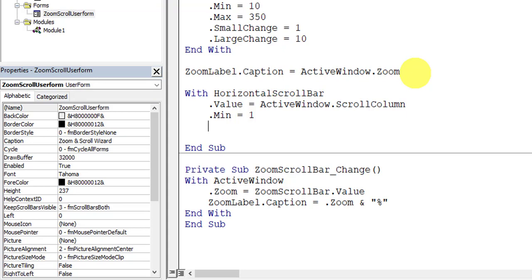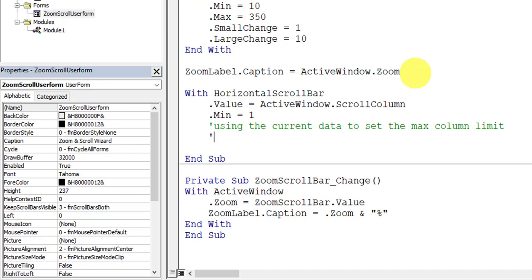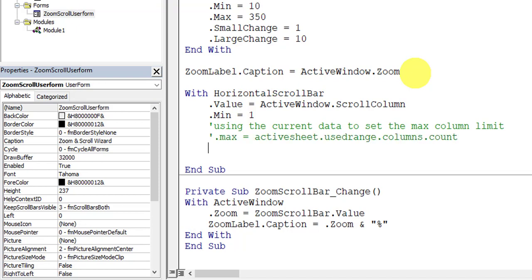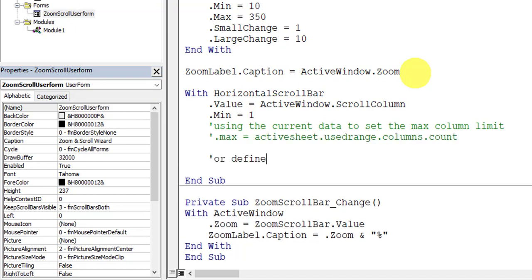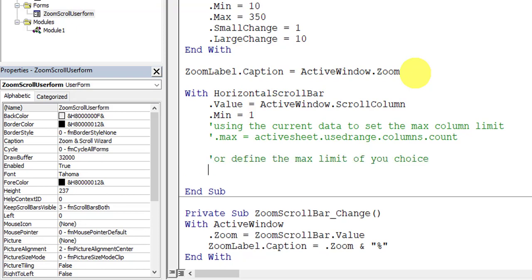The maximum limit can be set by the available data set's highest column number, or you can set your own limit. Use this line of code when you want to set the limit by the available data. Or use this method if you want to set your own custom limit.